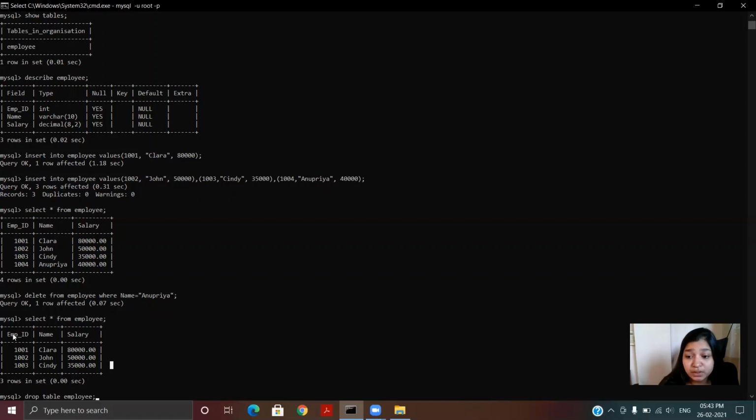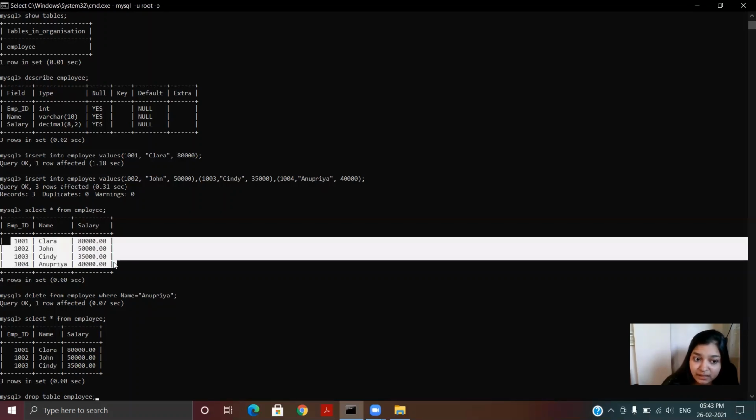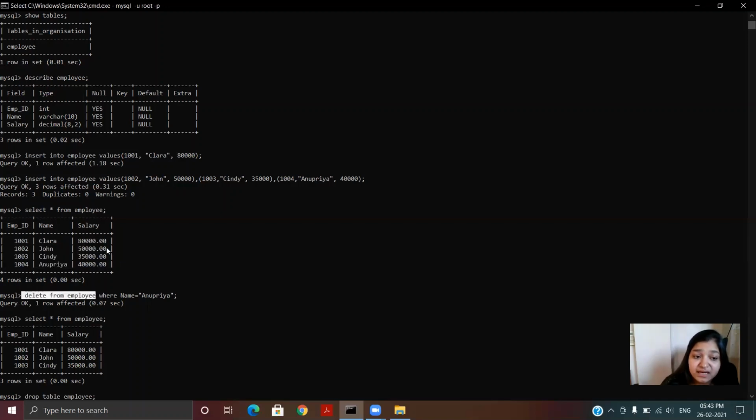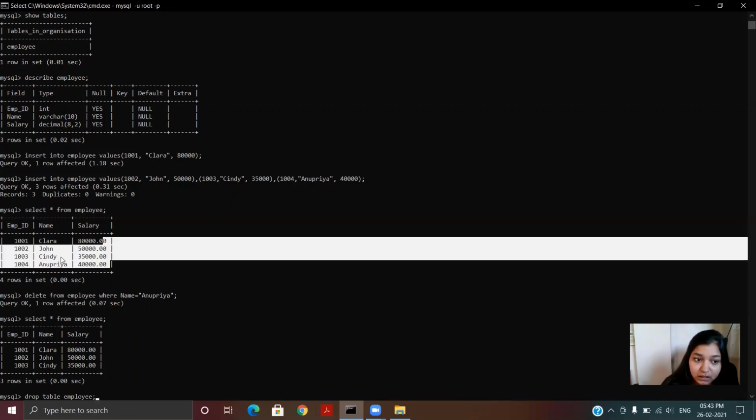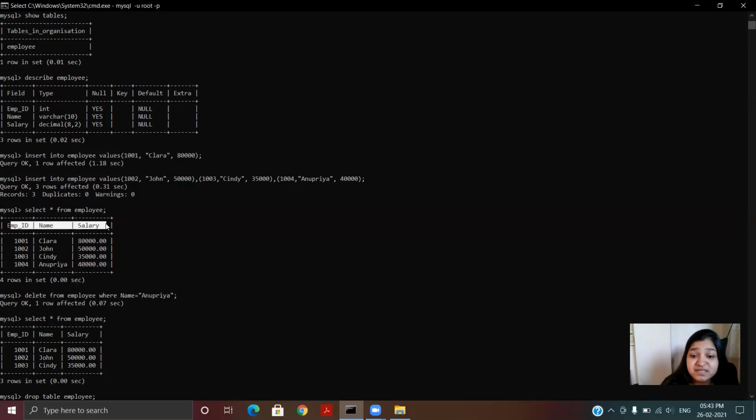The point to be noted is that the delete command is used to delete a specific entry or all the entries from the table. You can just write delete from employee and all the entries will be deleted from the table, but the attributes will still remain. But when you write drop table employee, then all the attributes as well will be deleted. The whole table will be deleted.